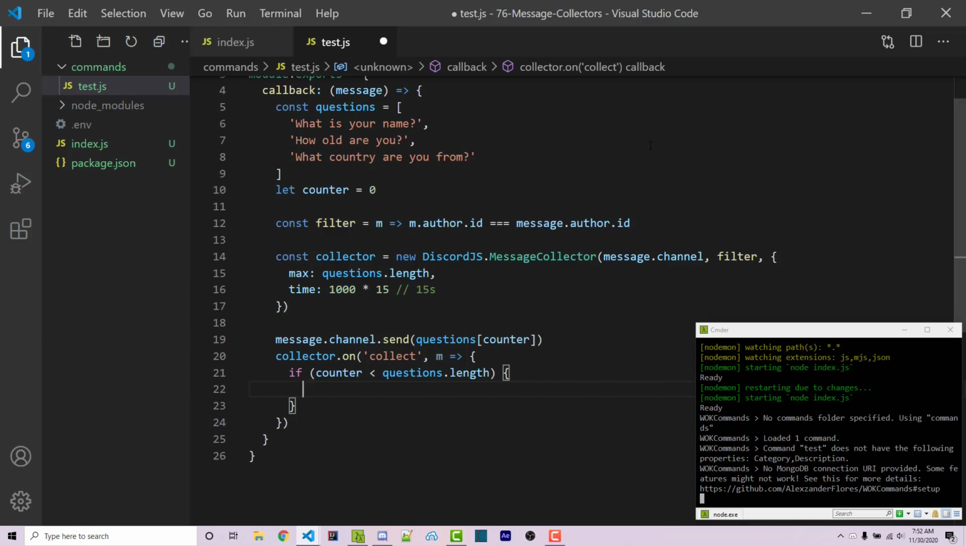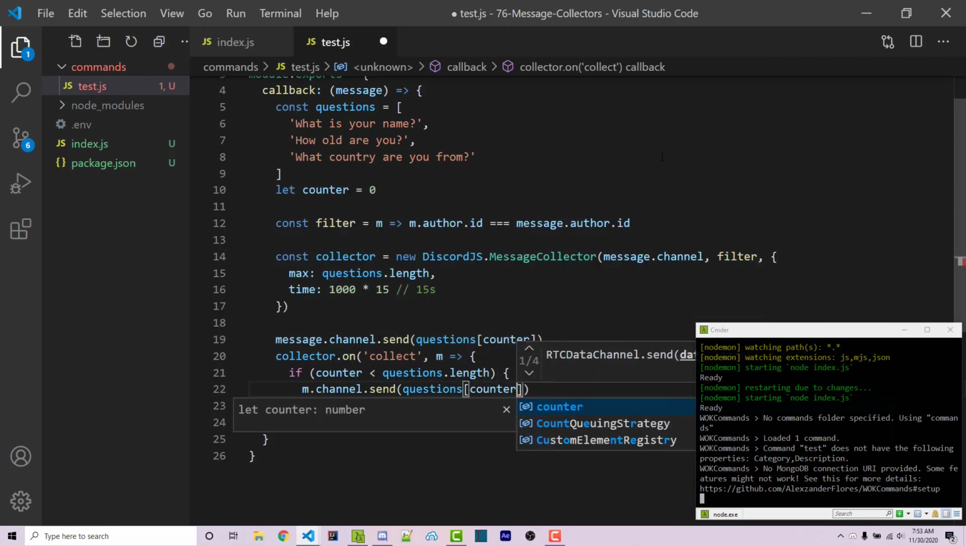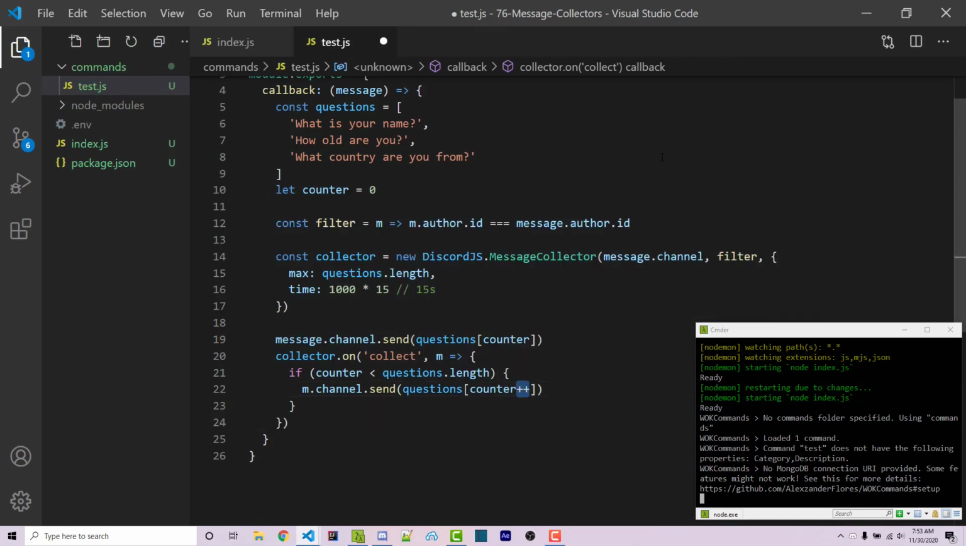And so if you don't have this if statement, it will throw an error once you hit the last question, because it's going to try and send a blank question because it'll be outside of the boundaries of this array. So we can simply say m.channel.send. We can pass in questions index of counter plus plus. Adding the plus plus at the end, we'll use the variable, which in this case is 0, and we'll then increase the variable afterwards. With that said, we also want to make sure we add plus plus here on line